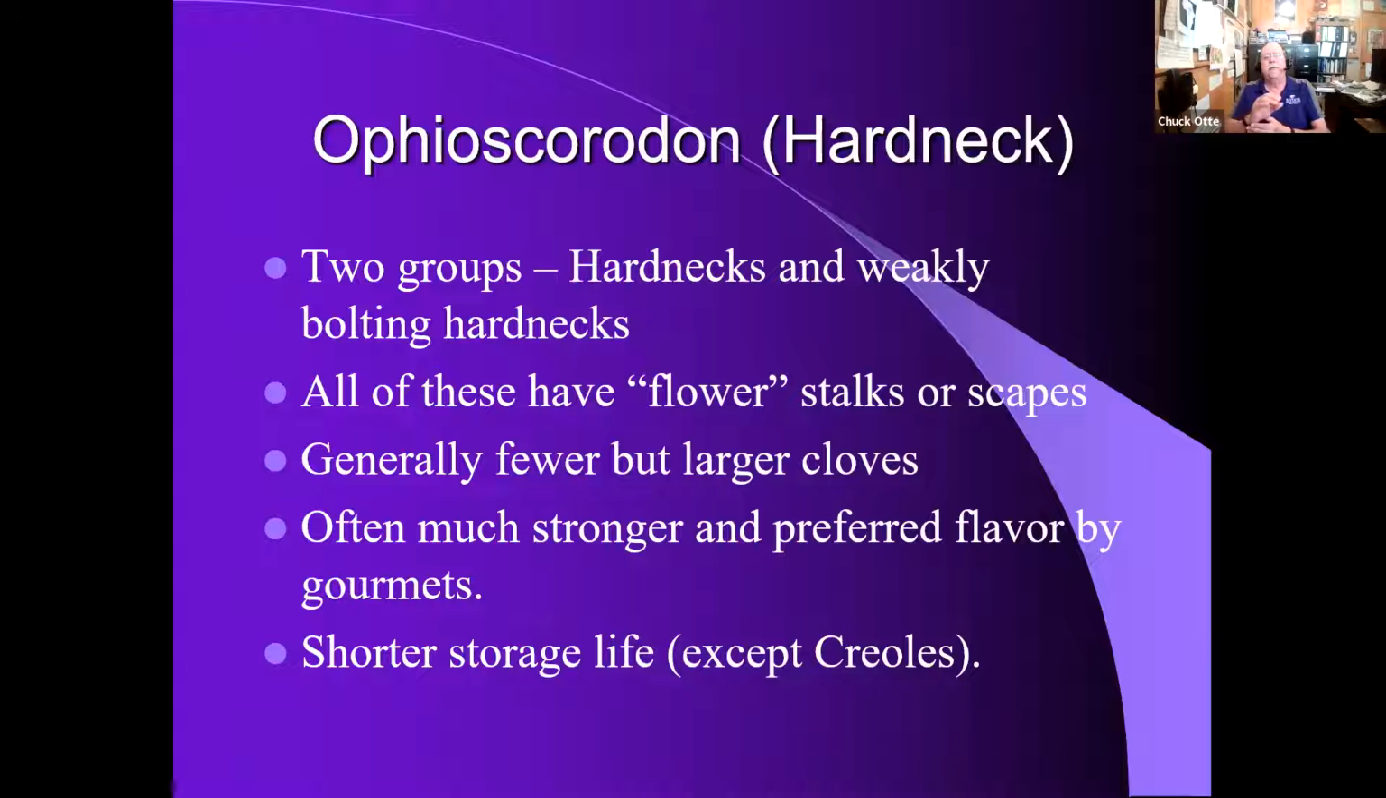Generally, these are going to have fewer but larger cloves. Often much stronger, preferred flavor by gourmets. We often refer to these, the ophios, the hardnecks, as gourmet garlic. Much shorter storage life except for the creoles. So when you harvest them, I harvested in June, processed them in July, they got dry, and all my hardnecks I'm going to either give away or get used up by Thanksgiving because they're going to go out of condition